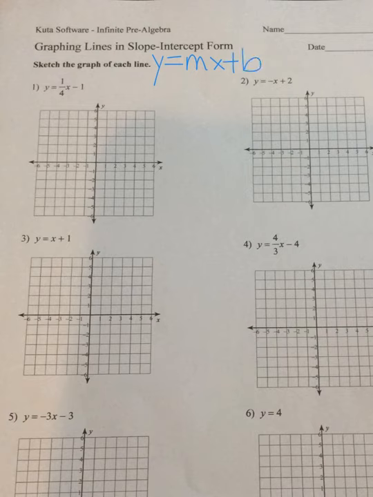And that m is going to be your slope, the number next to the letter x. And this b is going to be your y-intercept, the number by itself. And so I want to go ahead and look at an example with you on the graphing piece here. If we were to identify number one, if we were to identify the slope and the y-intercept, you would see